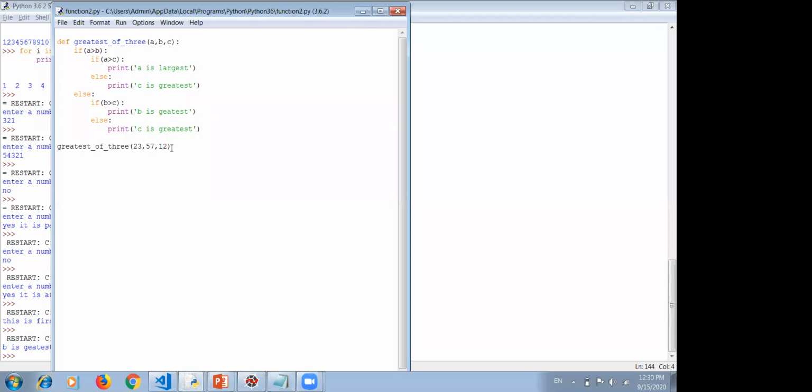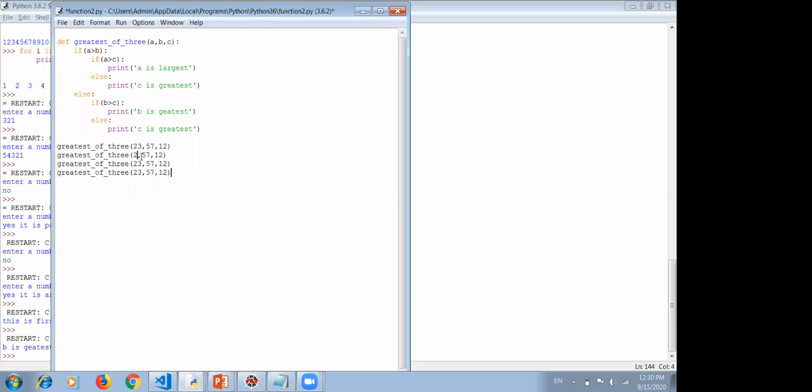Suppose I call it again here. I write the same statement but with different values. I copy it, I paste it, again I paste it, again I paste it. I call this function 4 times, and every time I change the values.